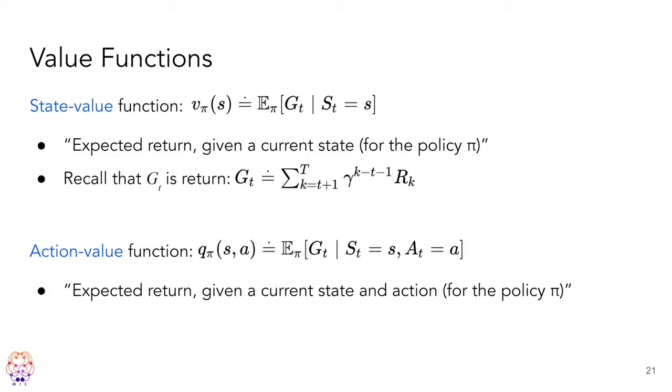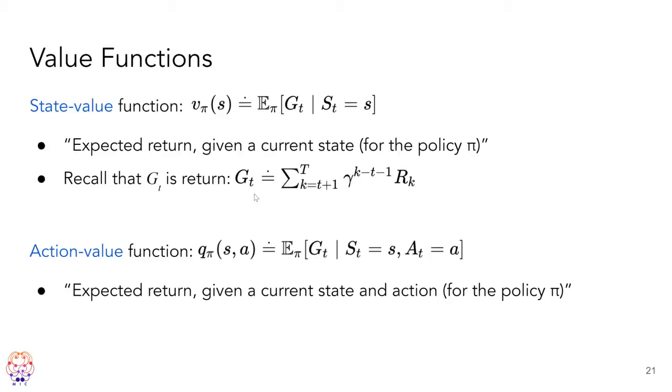So we talked a little bit about value functions. There are two types of value functions. One is the state value function. As we said, it just takes in the state S and then outputs, given the policy, what it thinks the value of that function is. So we can call this the expectation, given our current policy, of GT, and this is the return. Remember, that's the sum of our discounted rewards. And that's the expectation of the return given that the state is currently S.